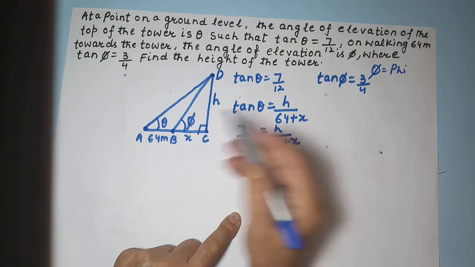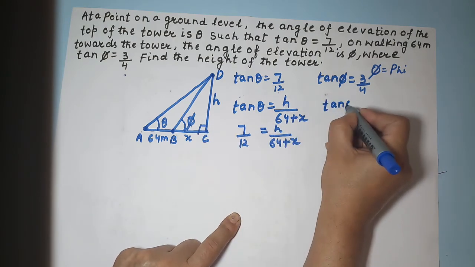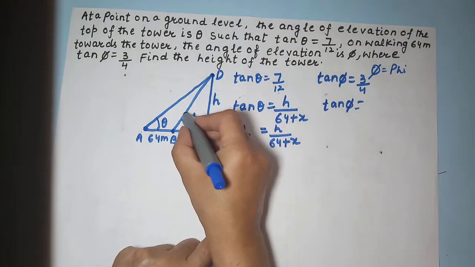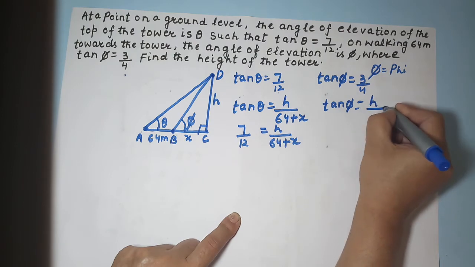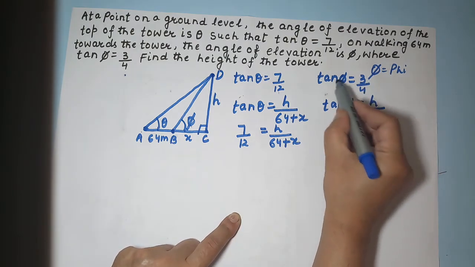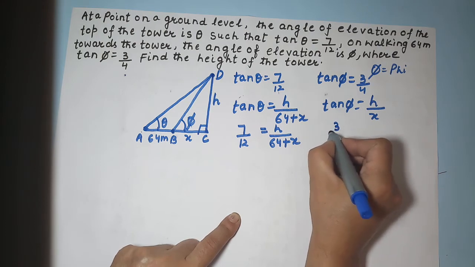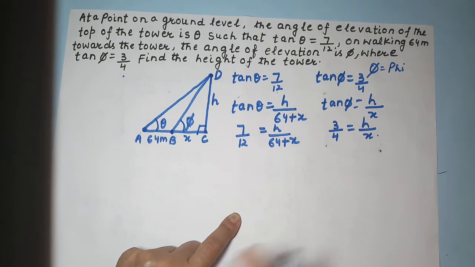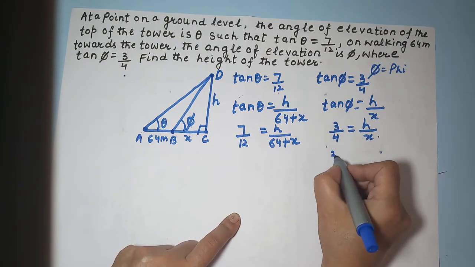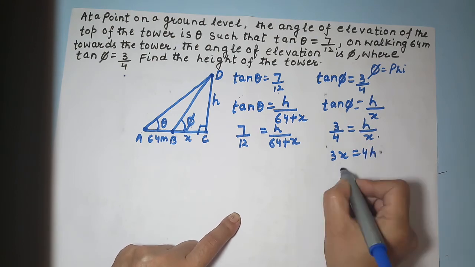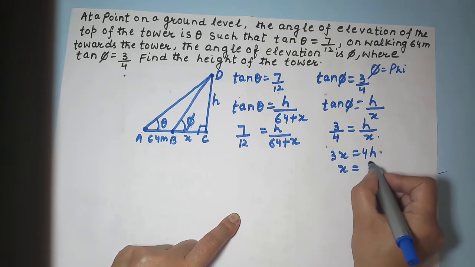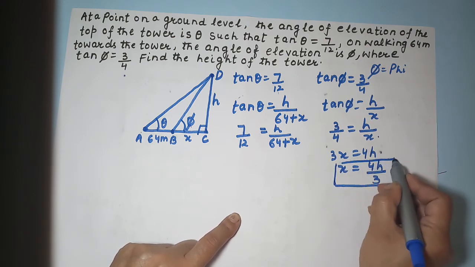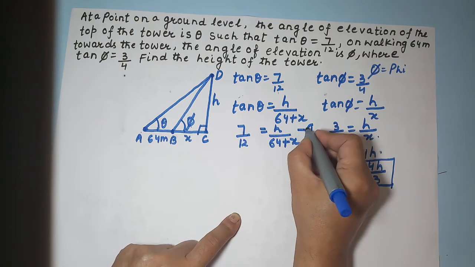Let me first go here. I have tan phi. Okay, how do I write tan phi? For that, which triangle I have to take? DCB, right? So what is tan phi? Opposite upon adjacent, which is H upon X. I have the value for tan phi as 3 by 4. So I will replace this as 3 by 4 is equal to H upon X. So let me cross multiply. What will I get? I will get 3x is equal to 4h, or the value of x is equal to 4h by 3, right? So let me call this equation as first equation.